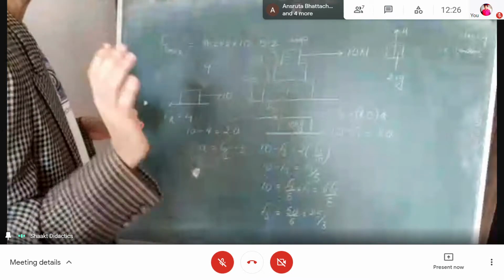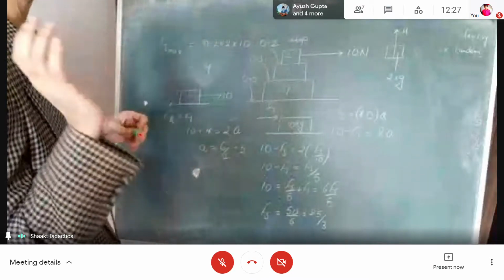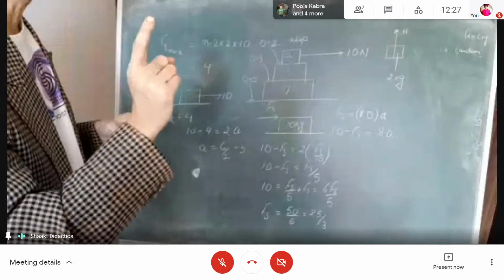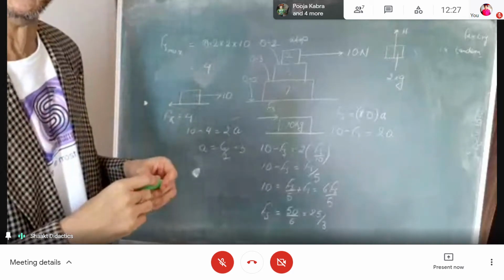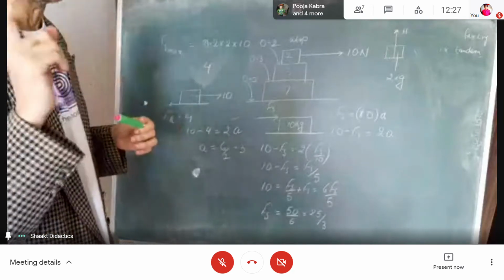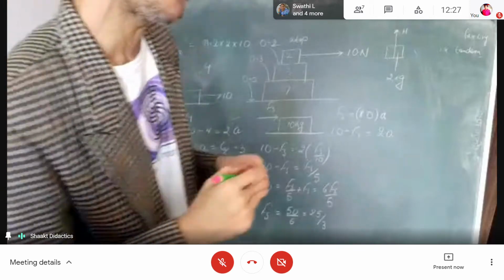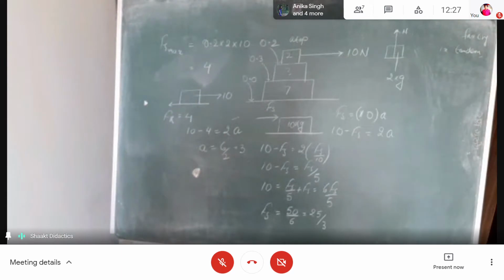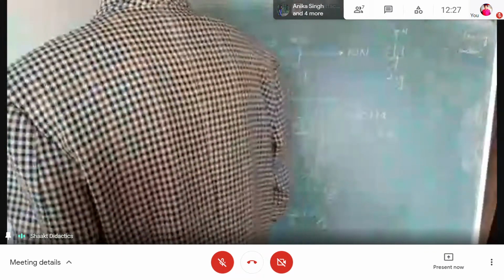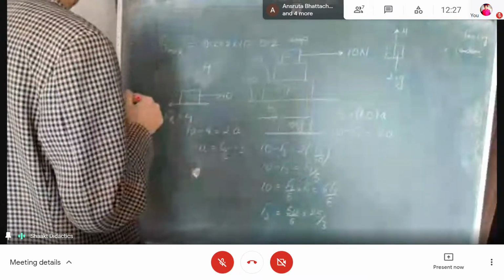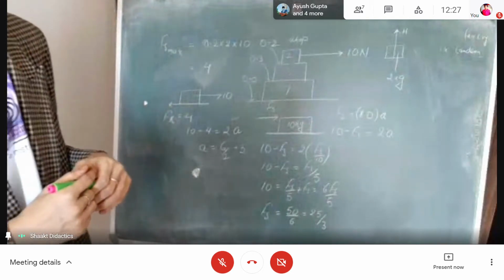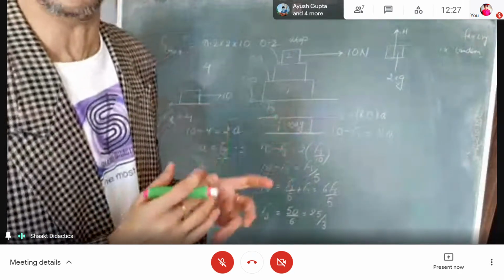Because this is only vis-a-vis which body? 2 kg. The body which is atop the 3 kg is the 2 kg, and the 2 kg is the topmost block for us in this question, correct? So we have decided for 2 kg for now, we are only with 2 kg decided. We don't know about 3 and 7, correct? Will there be relative motion between 3 and 7? We are not aware of it.